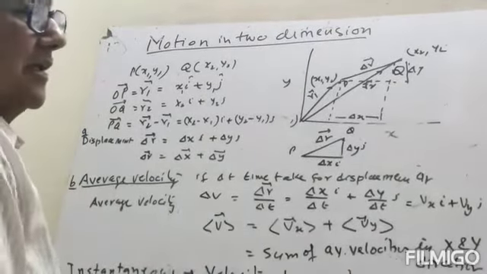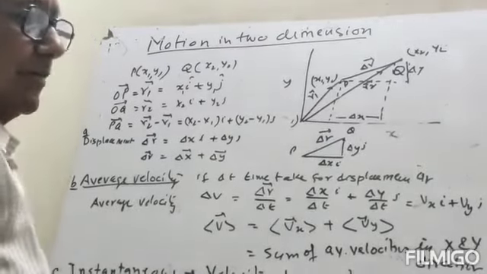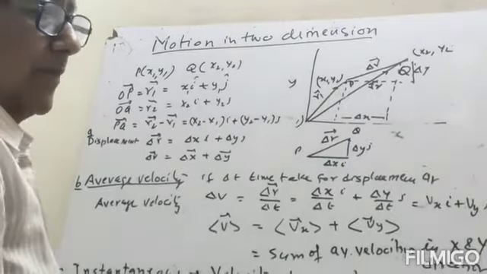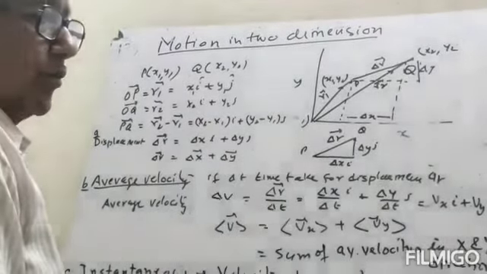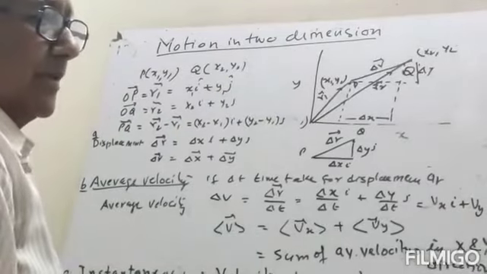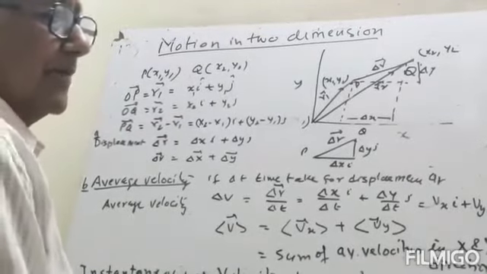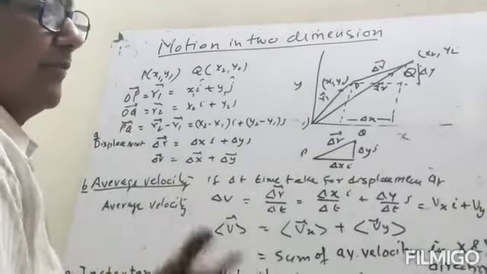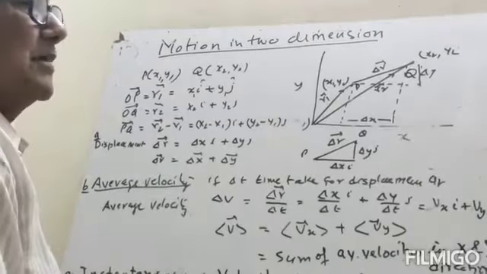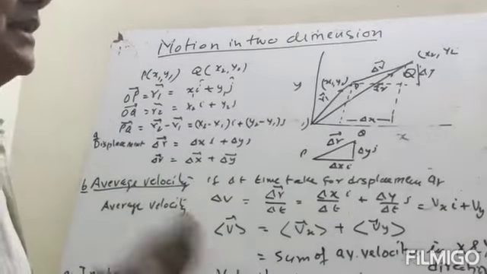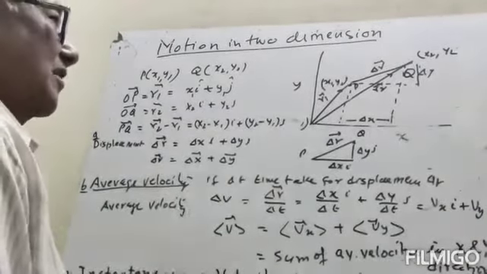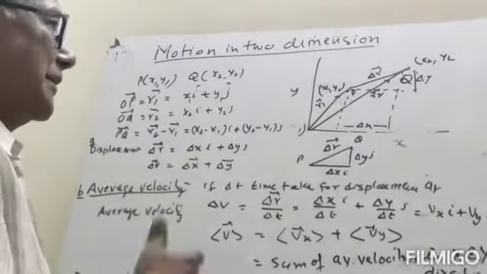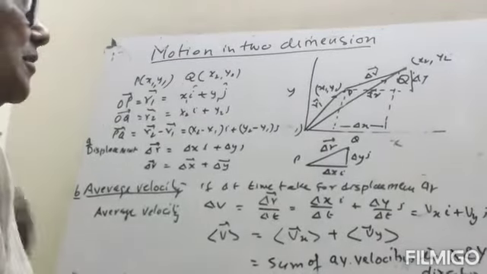Suppose an ant is moving on the floor, so its motion will be two-dimensional. A car moving on the road is a two-dimensional motion because it is in one plane. Similarly, the motion of a satellite is also in one plane. So two-dimensional motion will always be in one plane. Whether the plane is XY, YZ or ZX, it makes no difference.